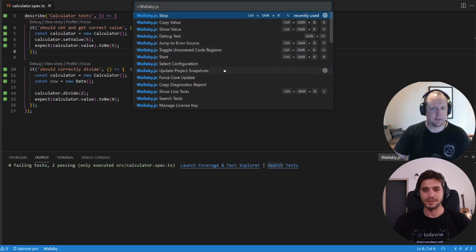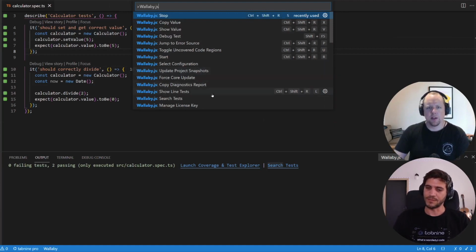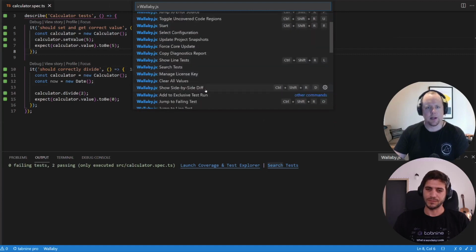I didn't mention that we have support for snapshots. So Wallaby will, if you're using a testing framework that supports snapshots. So I don't know if you know what snapshots are, Yotam? When it checks if anything in my UI changed. Kind of, it's not necessarily UI. It's the shape of the thing that you're testing. But yeah, if that changes at all. Yeah. Okay. You can also show all of the tests that are covering a particular line of code,